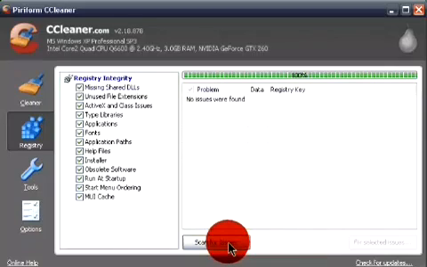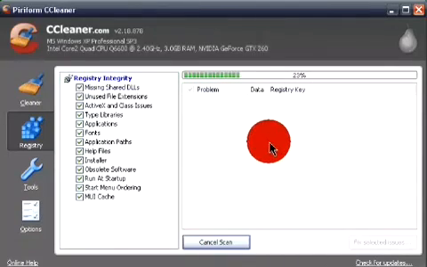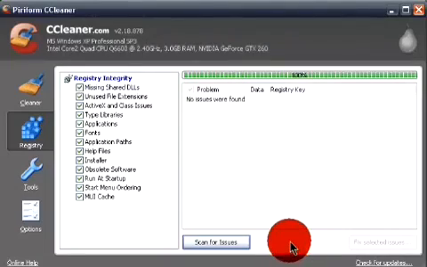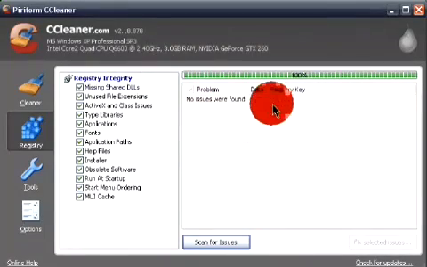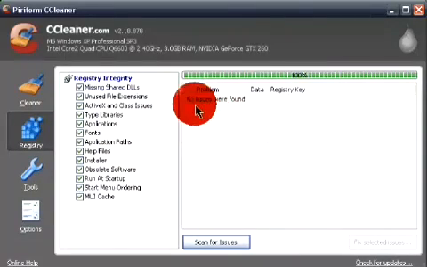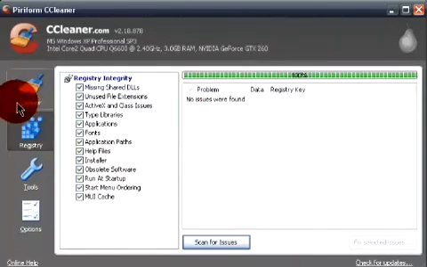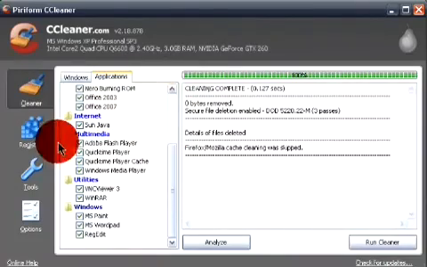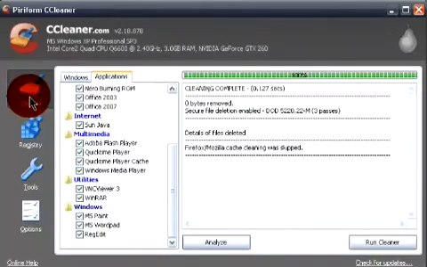So I usually run this also a few times. Obviously, since I didn't have anything, I didn't need to. But if you had stuff, I'd run it until you don't have anything again. Or until you can't get whatever's there to go away. Same thing with this. So that's basically ccleaner in a nutshell. And how you run it, how you install it, and that's pretty much the